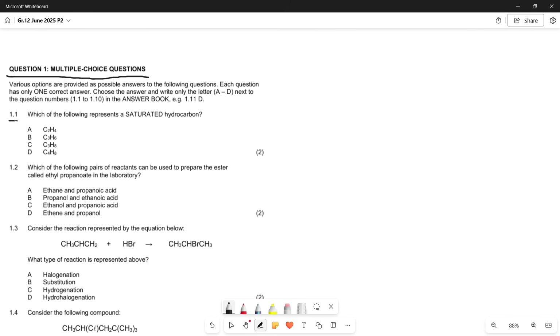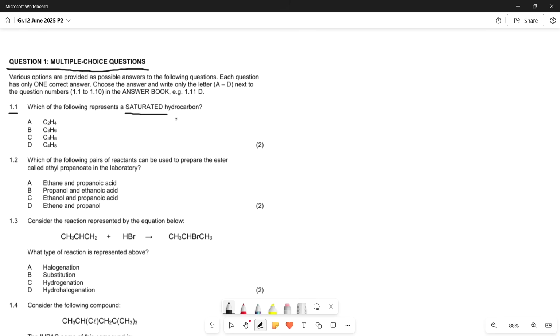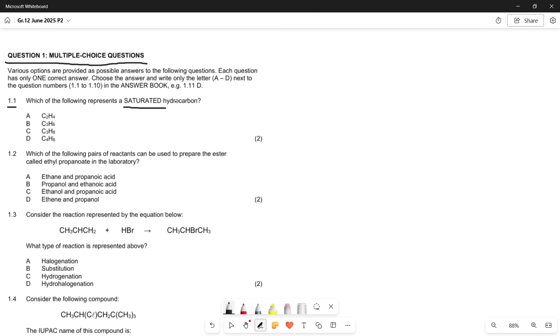So question 1.1 says, which of the following represents a saturated hydrocarbon? So this is an organic chemistry question, and we have a couple options. We have A, C2H4, B, C3H6, C, C3H8, and D, C4H8. So each question is a 2-mark question, and what we have to first understand and distinguish is the difference between